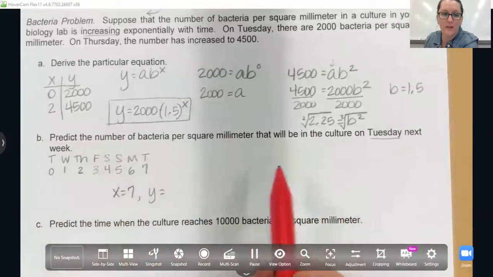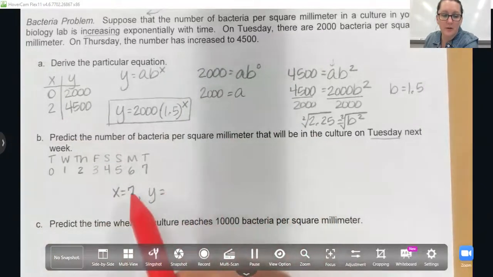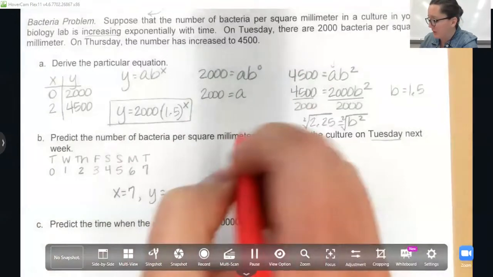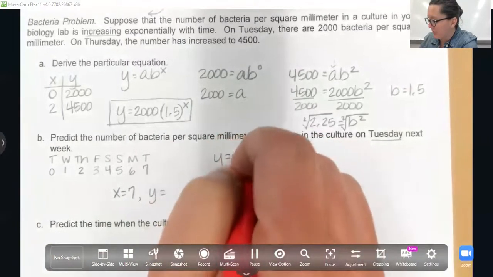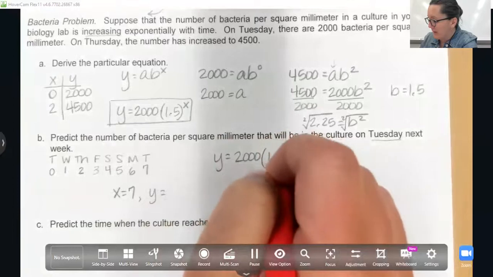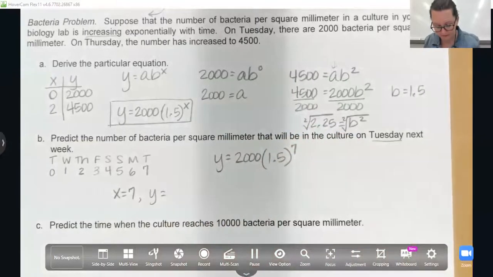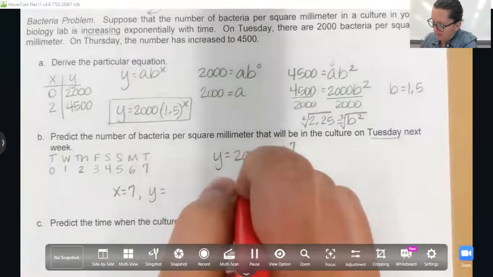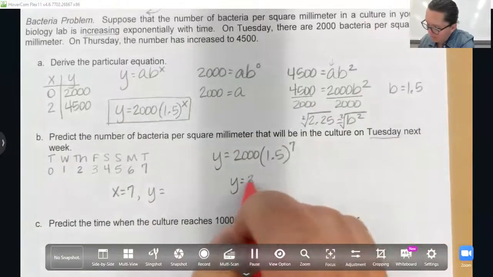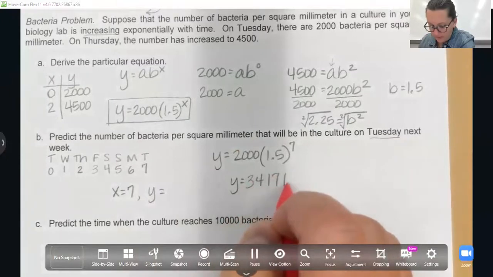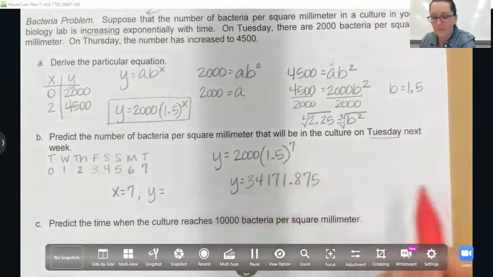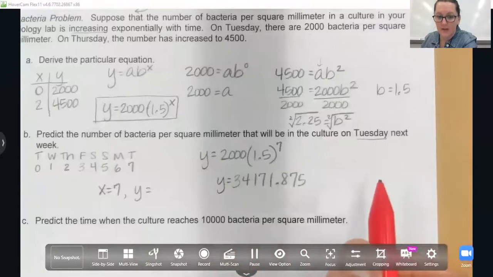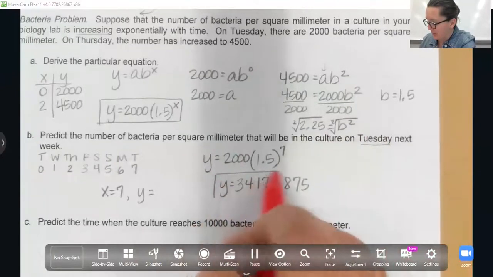Right, so we're going to see what the number of bacteria is when x equals 7. So we're going to use our function here, y equals 2,000 times 1.5 to the 7th power. So 2,000 times 1.5 to the 7th power is a large number. It is 34,171.875. So that's the number of bacteria per square millimeter